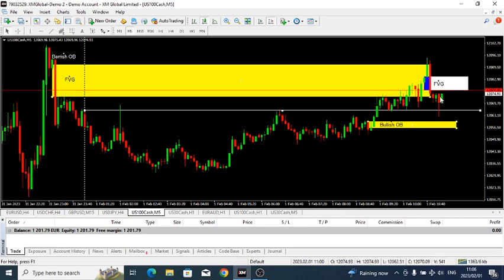The closing price of that bullish candle will be the very same as this bullish candle's closing price. Closing price was 120.90. I'm expecting